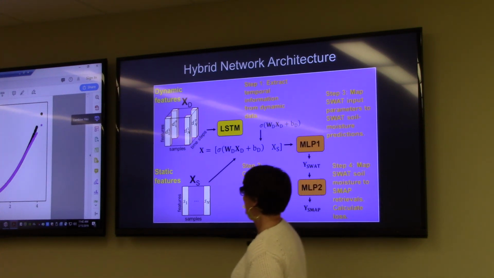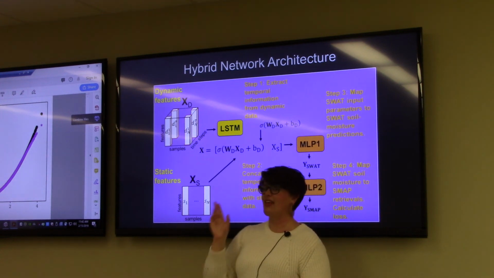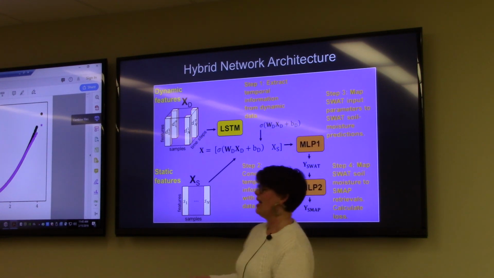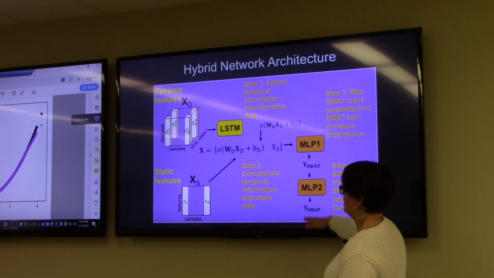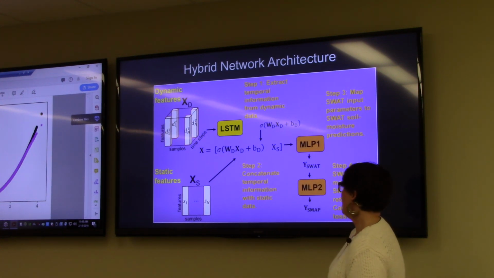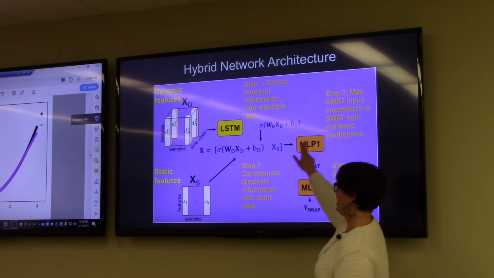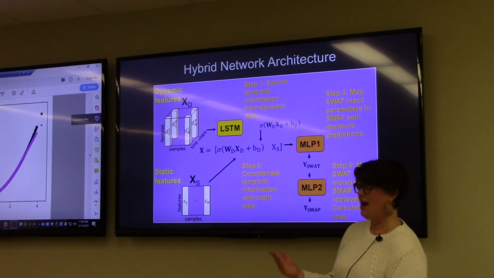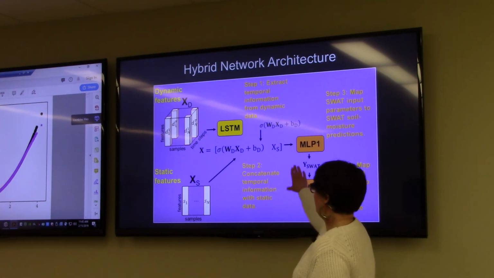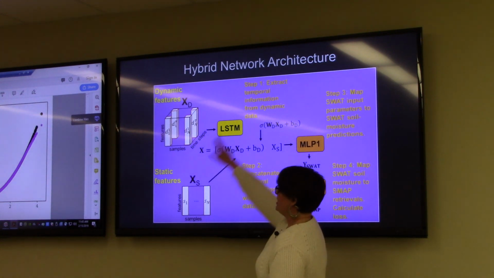Initially what I was doing is taking my dynamic data and processing that through an LSTM. I was then taking the output activations from that LSTM and concatenating them with my static data and passing that through a series of MLPs. Now I'm just passing it through one MLP, so I should probably amend this figure a little bit. I was previously mapping to SWAT and then mapping from SWAT to SMAP, and I've now taken out this step of mapping to SWAT because it made things quite a bit easier, and it turned out that it wasn't necessary. That's when I went from a surrogate to a pseudo-surrogate model, right? So again, the steps are process dynamic data,